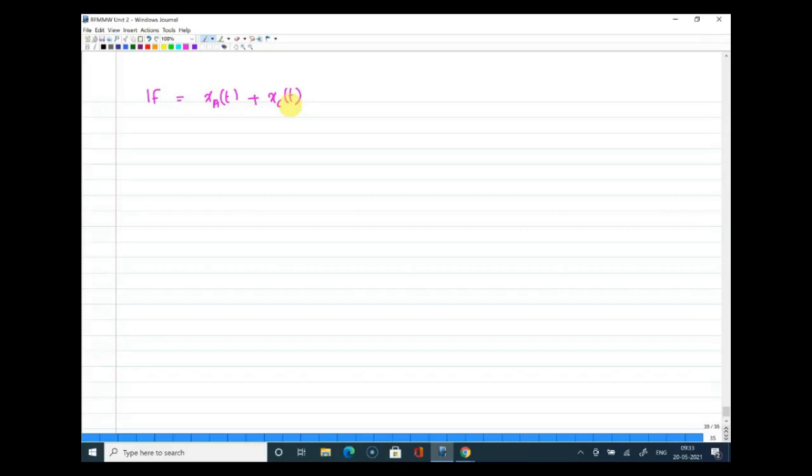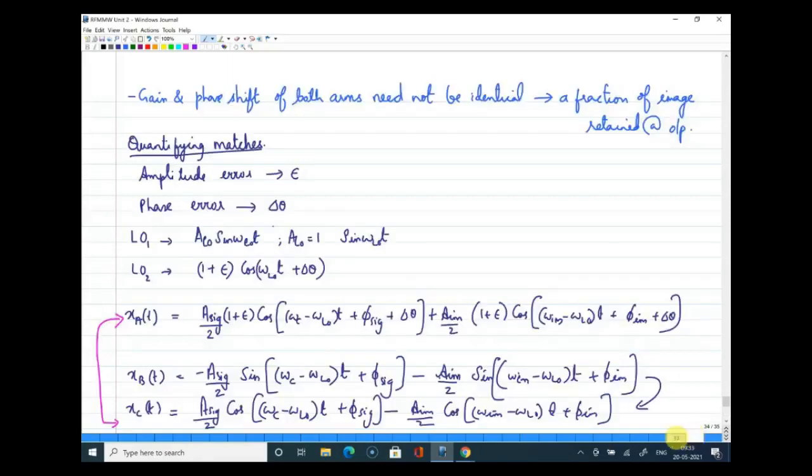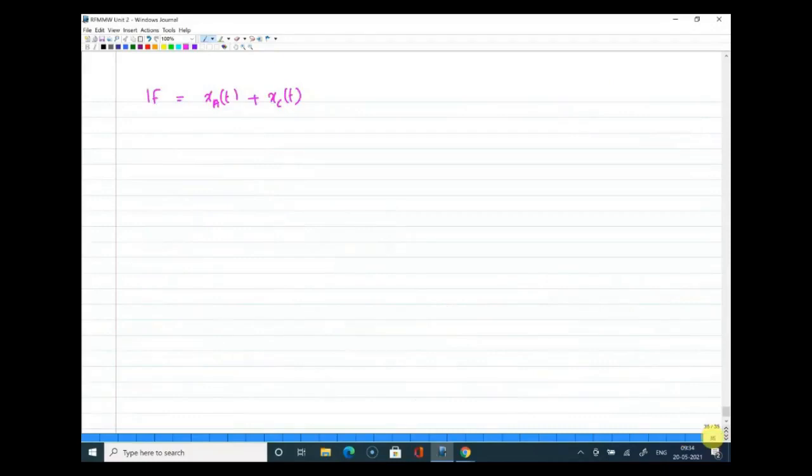Okay, so the whole idea here is, we told that there will be mismatches in the LO phase and LO gain that will result in imperfect cancellation of image, and we want to get a performance measure for that, which is nothing but image rejection ratio. Since we want to write image rejection ratio from your IF signal, when you write IF signal as the sum of x of A of t and x of C of t, in that you will have signal components as well as image components. I'm going to separate the signal components and image components here to express this further in terms of image rejection ratio.